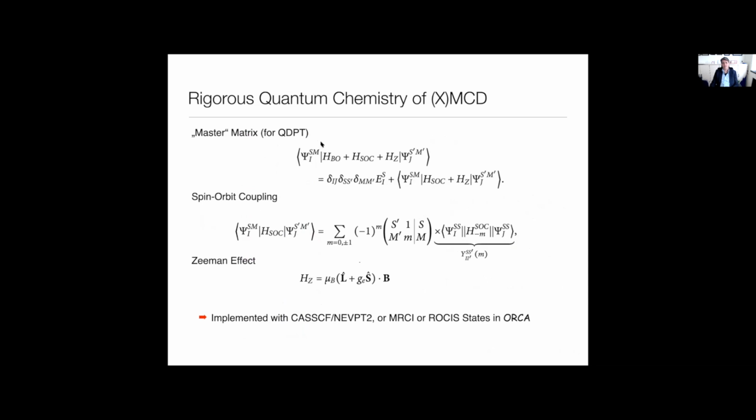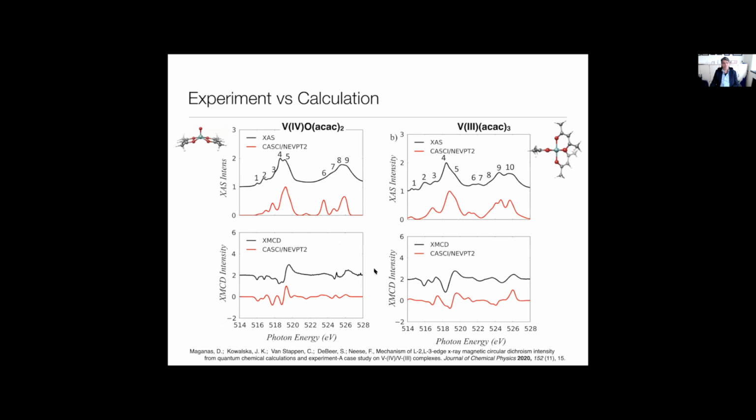Any of these methods can generate these many-particle wave functions, and then you let them interact through the Born-Oppenheimer Hamiltonian, spin-orbit coupling and the Zeeman operator, and you diagonalize that matrix. Then you have magnetic-field-dependent relativistic many-particle eigenstates that you can use to evaluate the intensities, and then you have to average over field orientations, and then you can generate the XMCD spectrum in absolute brute force.